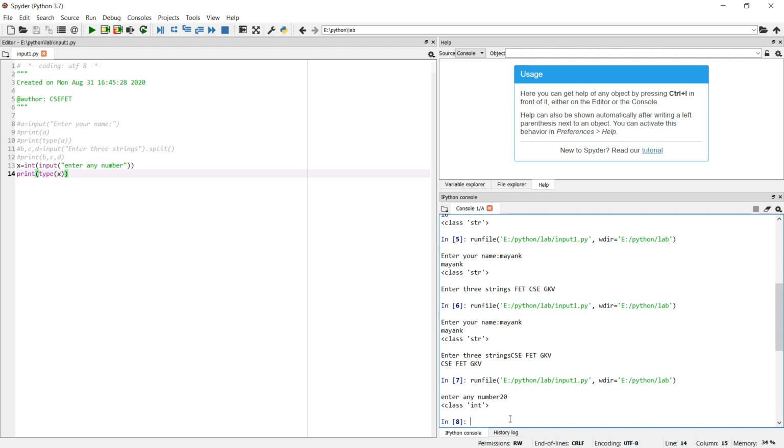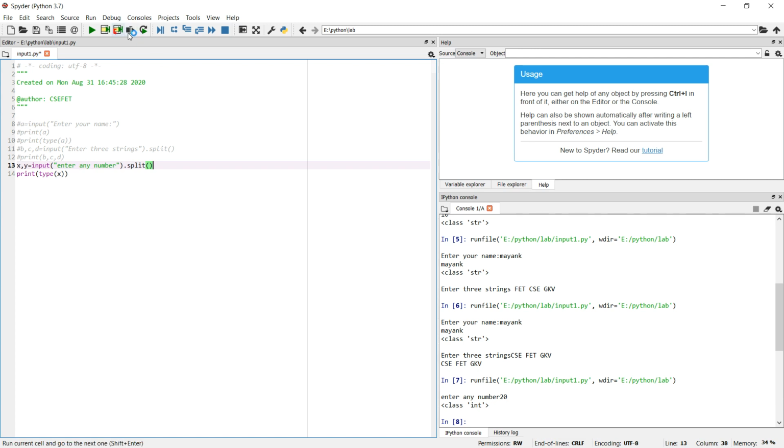Now if I want to enter more than one integer by using the same input and the same split, it is not possible. It will take them as strings only. So for more than one integer I have to do type conversion explicitly for all the values. How can we do this? For example, if I take 2 values over here, x comma y, I remove this int typecasting because with 2 values we cannot do typecasting using split, and then I do split.